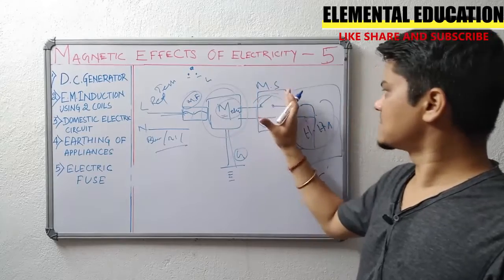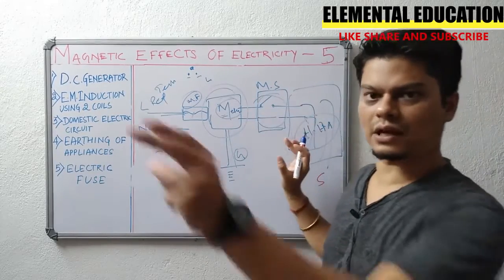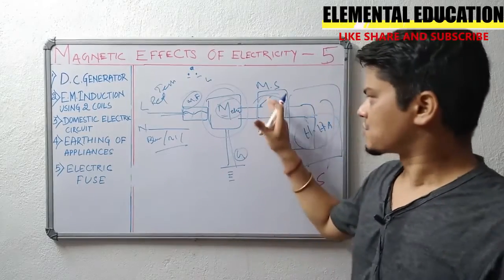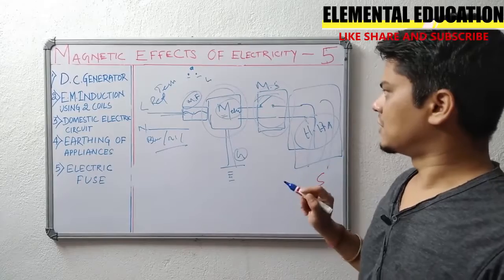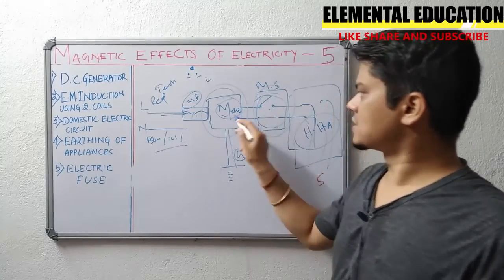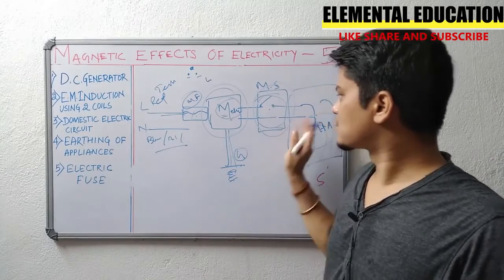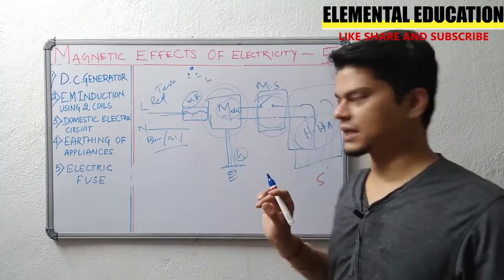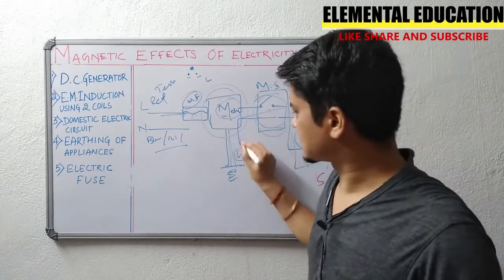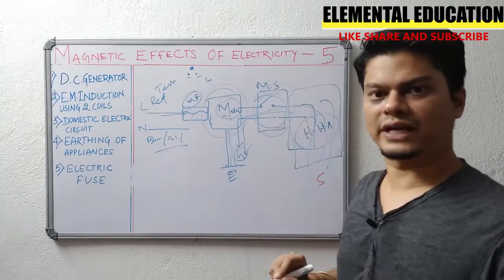So from the main switch it is connected to all our household appliances or sockets where we are getting the voltage. This main switch acts as a cutoff. So: main fuse, main switch, meter. From this meter we are getting it grounded. So if I am getting any higher electricity leakage, it will go towards the ground. We won't get the shock.